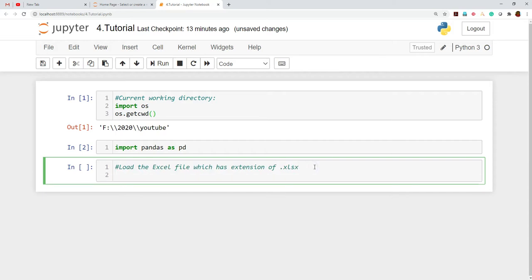Now what we can write, we can call pandas, pd.read underscore excel. Then here we have to write the file name, that is nothing but housing underscore excel, and never forget to mention this .xlsx.